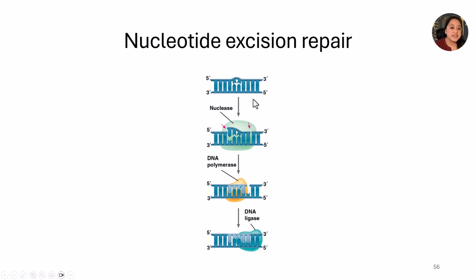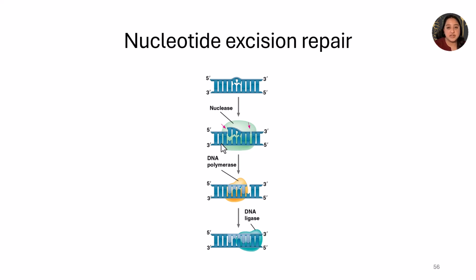So again, say that this is damaged by too much UV rays. Somebody was out in the sun for too long, and UV rays can do damage to DNA. Say there's damage here at these two nucleotides. An enzyme called a nuclease will come and cut even a little bit more outside. Even if it's technically only these two nucleotides that are damaged, nucleases will cut a little bit more. It'll cut a stretch of DNA just to be safe,